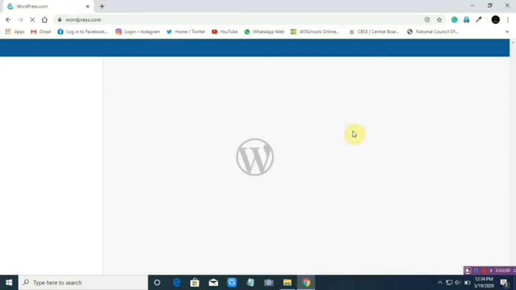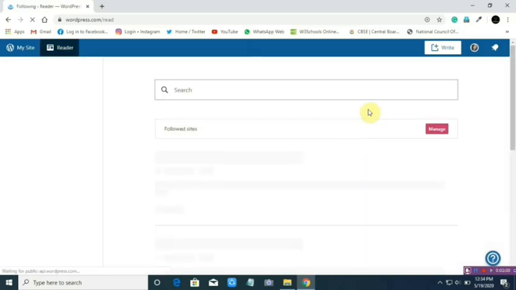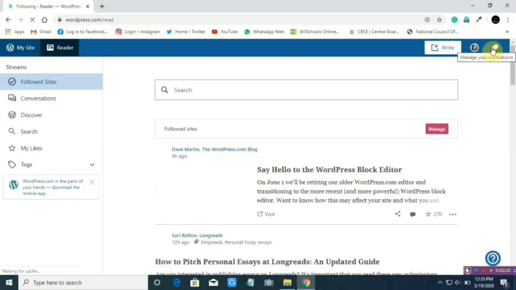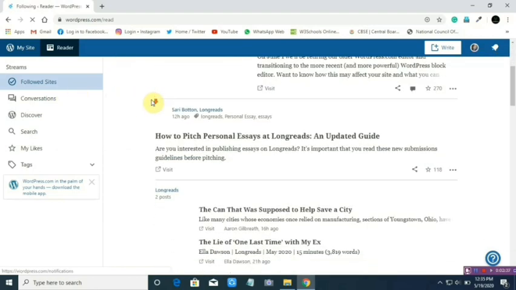Now this is the first front page you get when you log in to wordpress.com. You can see the title bar, the header section, where you can see My Site, Reader, and on the right an option where you can create a new post, and this is my profile, and this is the notification where you can see all the activity done by your followers or by you.